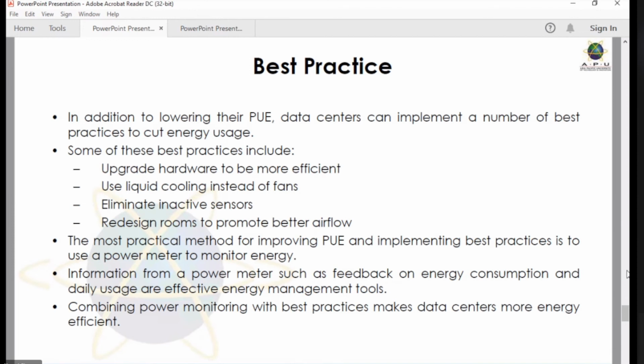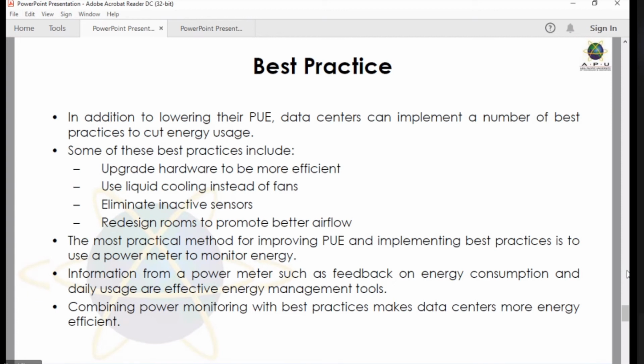रिडिजाइन रुम टु प्रमोट बेटर एयर फ्लो राम्रोसँग गर्न सक्यो भने यो तपाईँले कम जस्तै एचभ्याकहरूले चाहिँ मेन्टेन गर्नु परेन होइन, राम्रो एयर फ्लो हुने ठाउँमा. The most practical method of improving PUE and implementing best practice is to use a power meter to monitor energy. सबभन्दा मेन कुरा के भयो त, जस्तै PUE को पर्फर्मेन्सको लागि तपाईँले के भइरहेछ भन्ने कुरा त थाहा पाउनु पर्यो नि. सो वेयर यु आर युजिङ इनर्जी, कहाँ इनर्जी युज भइरहेछ, त्यसलाई कसरी घटाउन सकिन्छ भन्ने कुरा यु हेभ टु